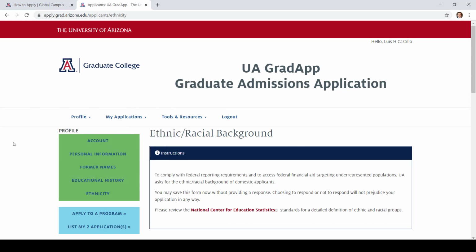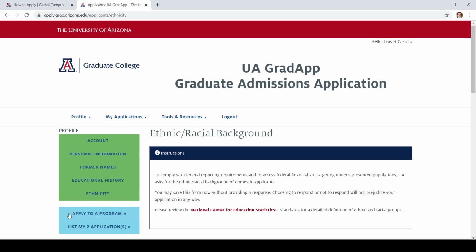information. Once everything is filled out, it's going to be green. And that way you don't have to do that again. In the future, if you want to apply for a new program or something, all of that is going to be ready. All you have to do is then apply to the specific new program that you want to do. So in my case, I already had some information ready, and once everything's ready,